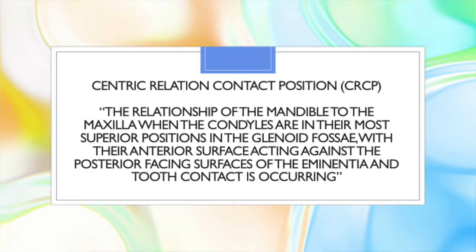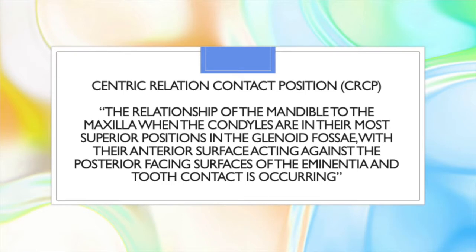And then the centric relation contact position, so the CRCP, is the relationship of the mandible to the maxilla when the condyles are in their most superior positions in the glenoid fossa, with their anterior surfaces acting against the posterior facing surfaces of the eminentia, and tooth contact is occurring. So this is the additional bit for a centric relation contact position compared to just centric relation. And in this CRCP, there's zero separation, and in 90% of subjects, there's only going to be one or two